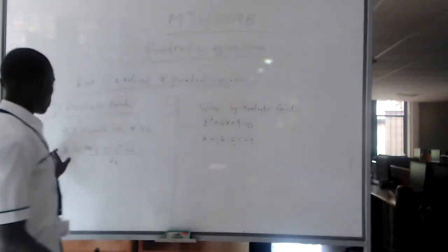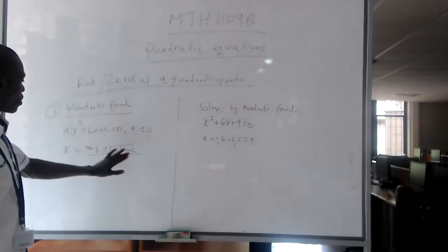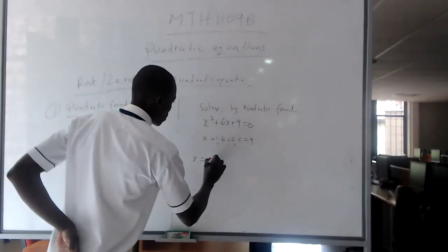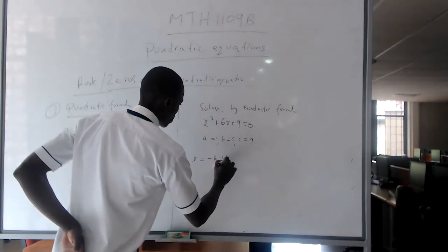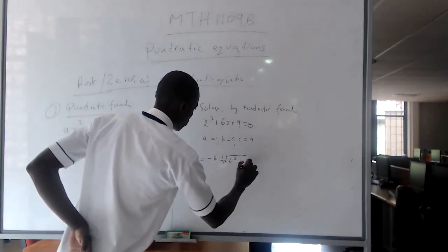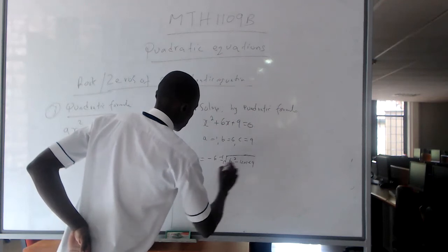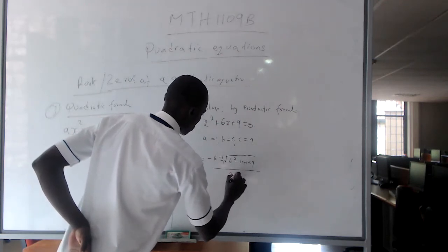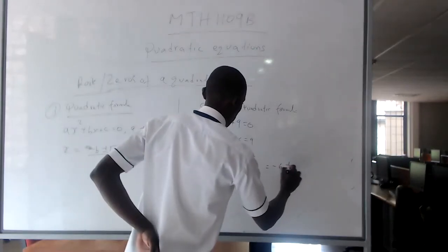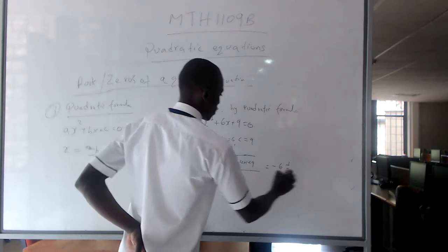The formula says x is minus b plus or minus the square root of b squared minus 4ac divided by 2a. Let's substitute directly. So x is minus 6 plus or minus the square root of 6 squared minus 4 times 1 times 9, all of that divided by 2 times 1,